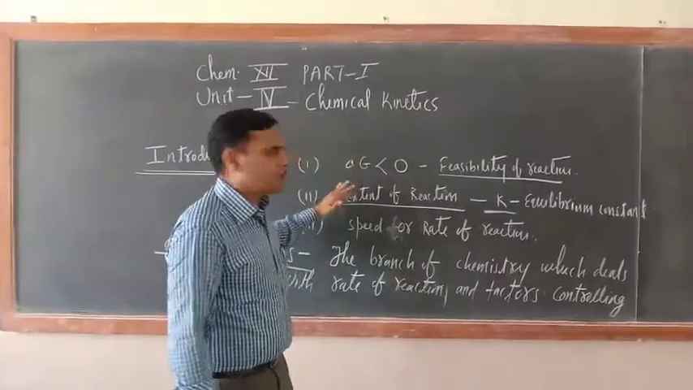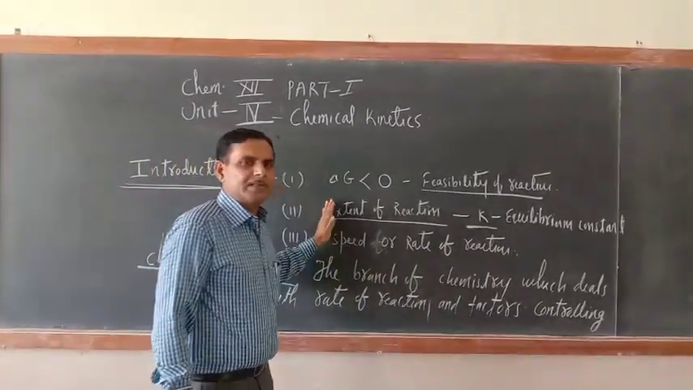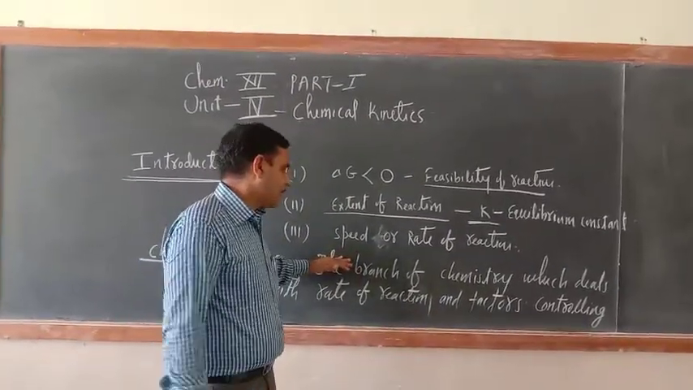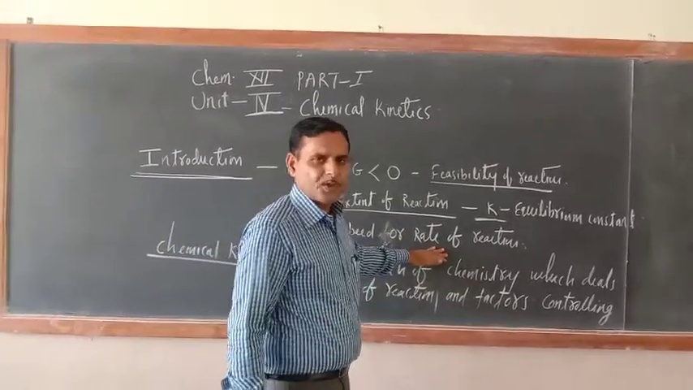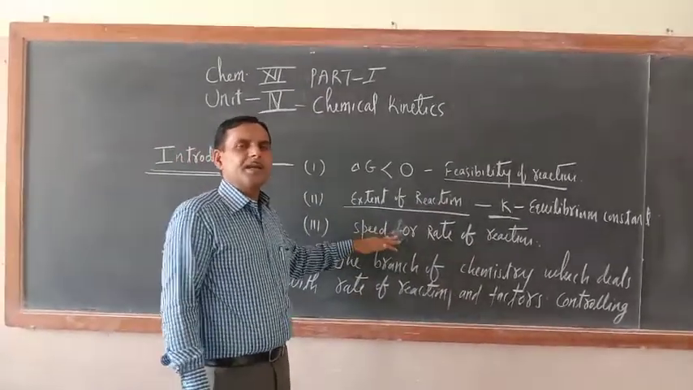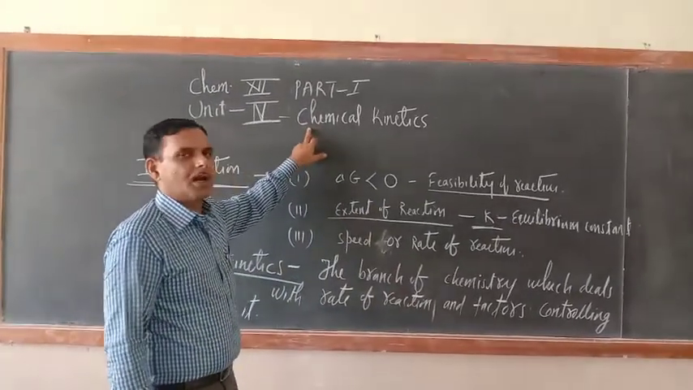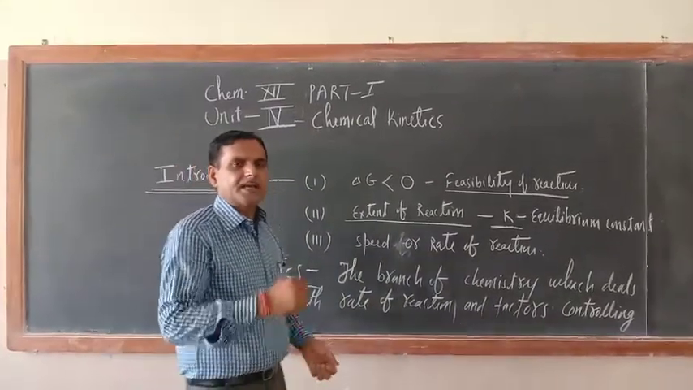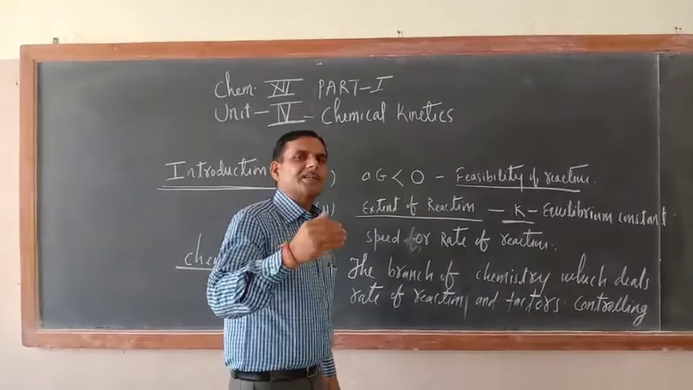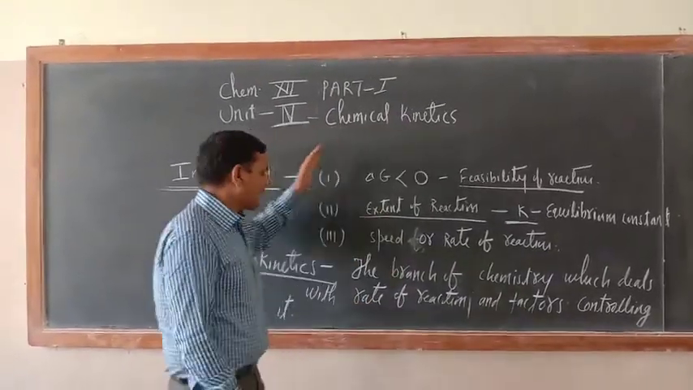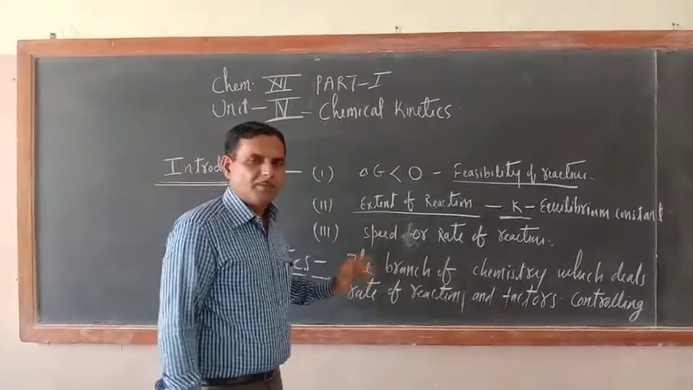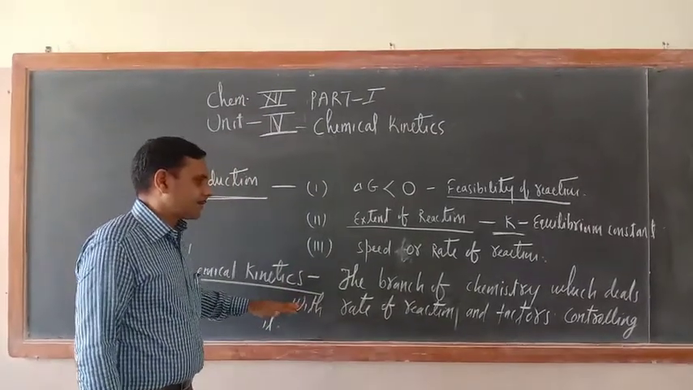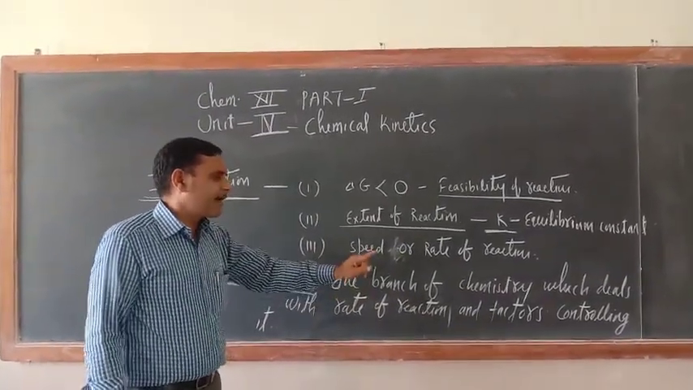These 2 things we have learned in 11th class, but chemical equilibrium does not give any idea about the speed or rate of reaction. So to know about the speed or rate of reaction, we should learn chemical kinetics. Now it is very clear what chemical kinetics is. Chemical means chemicals only, kinetics means movement. So chemical kinetics is a branch of chemistry which deals with the rate of reaction and factors